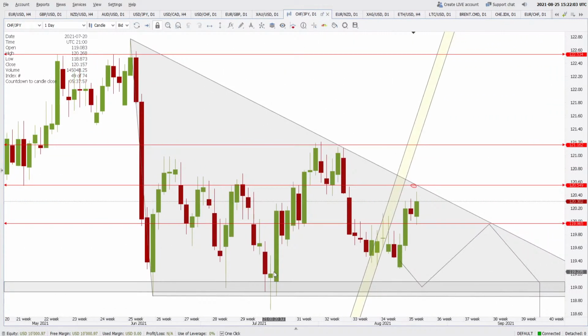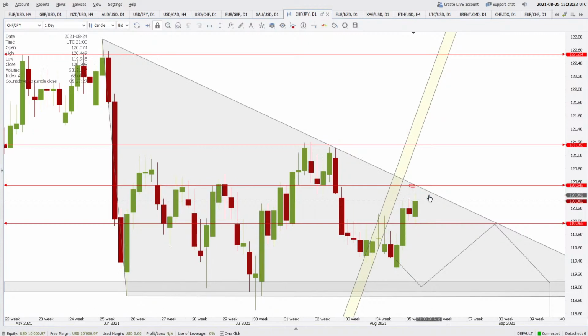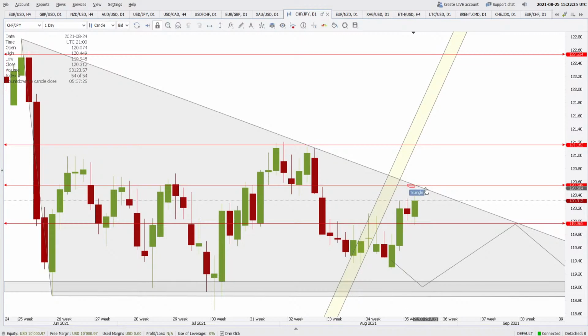Talking about CHF JPY, the price is giving us bullish engulfing candles at the support zone. CHF JPY is looking very bullish. The Japanese yen is much weaker than the Swiss franc, and this bullish engulfing candle is coming right on the support zone. But the resistance is also very close. The next resistance is 120.54, and after that is